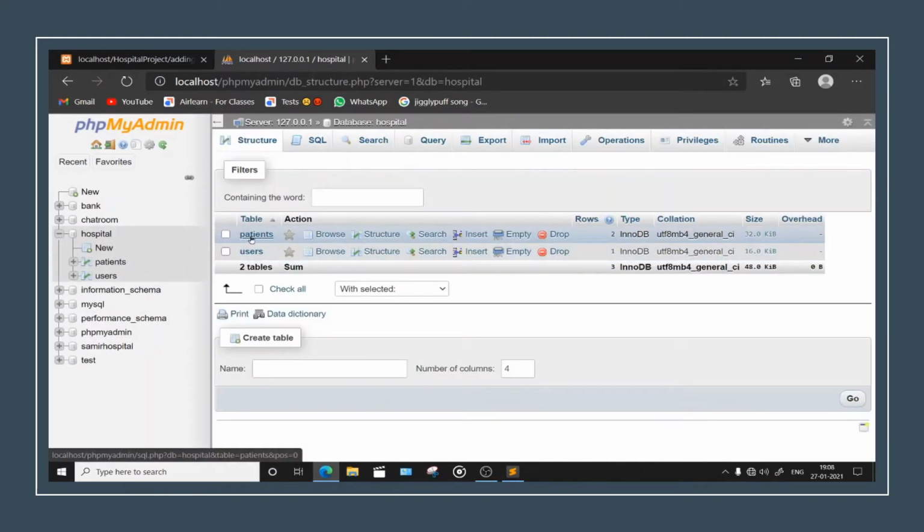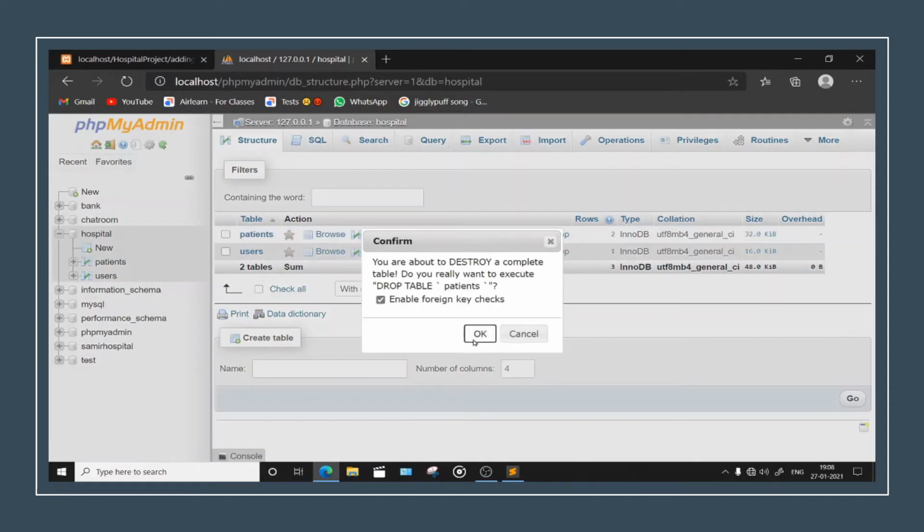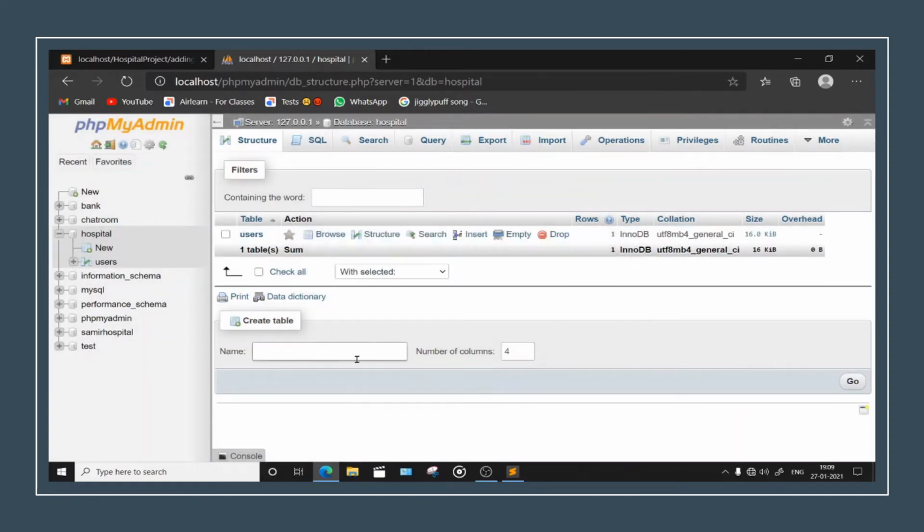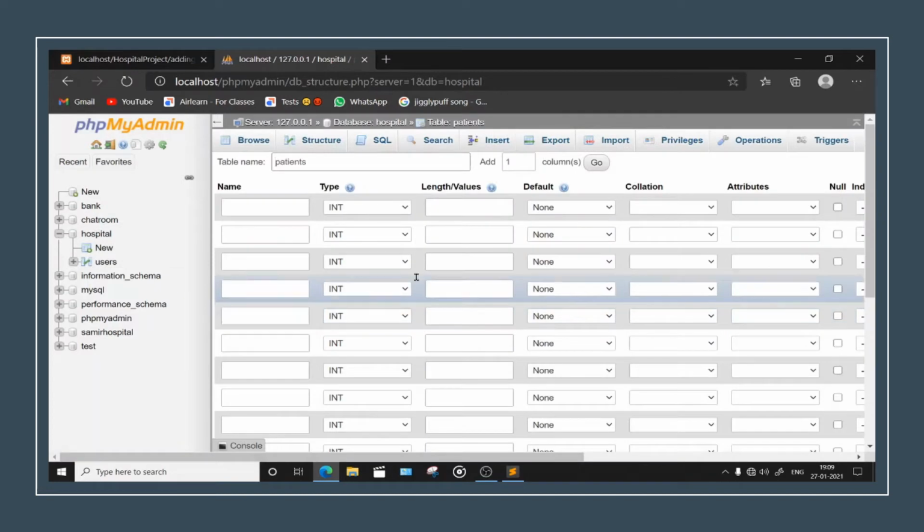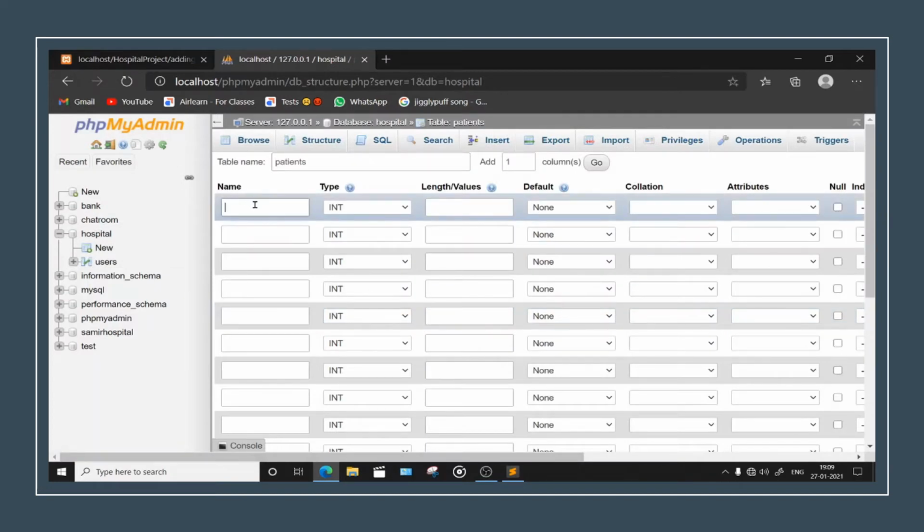Okay, I have made one table here. Let me just drop it for you all. Let me just make patients, and change this to about 30. It's okay, no problem. And here we know what we're going to do.